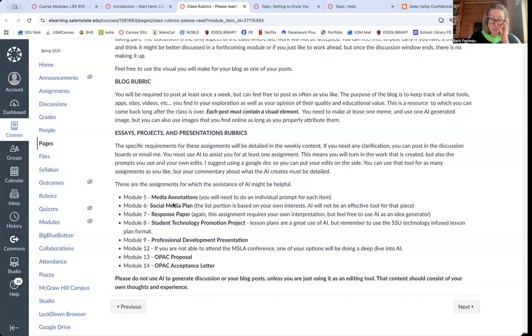So in your social media plan, I don't think it'll be super effective, but you can use it for editing. Your response paper, which is in module 7, which is really where I give the biggest feedback probably, that's all you. I don't want you using AI for that unless it's maybe a little brainstorming, maybe a little editing, but nothing like that. But then when you get to your student technology promotion project and you're doing your lesson plan,